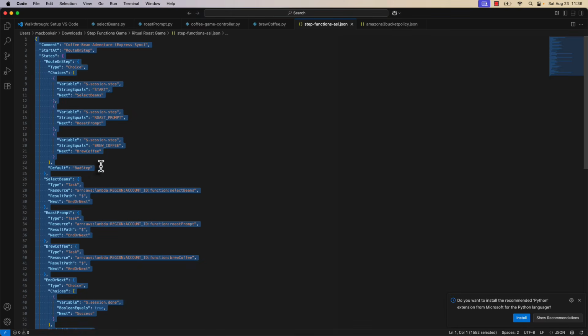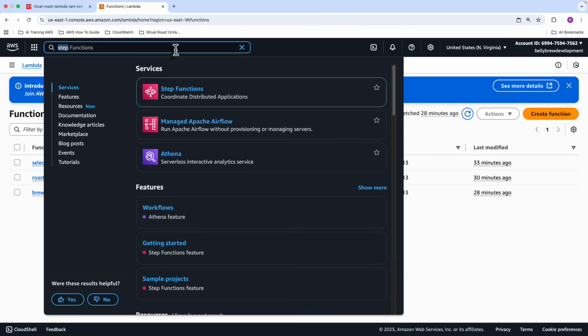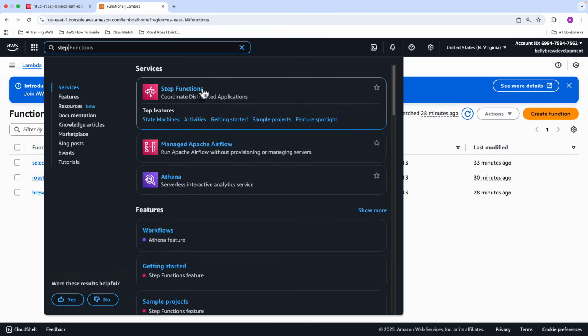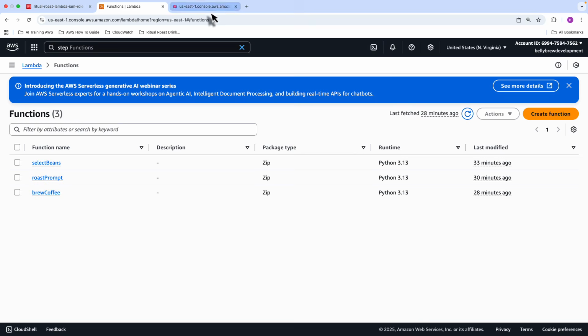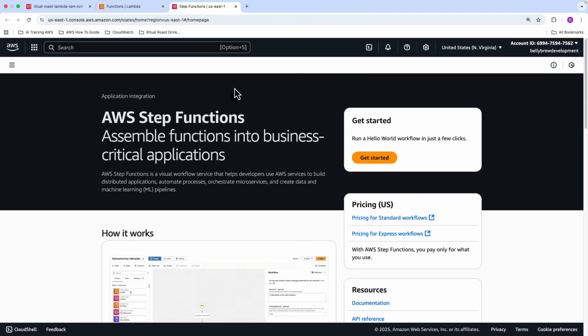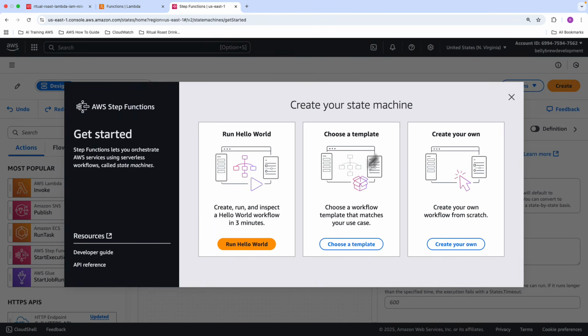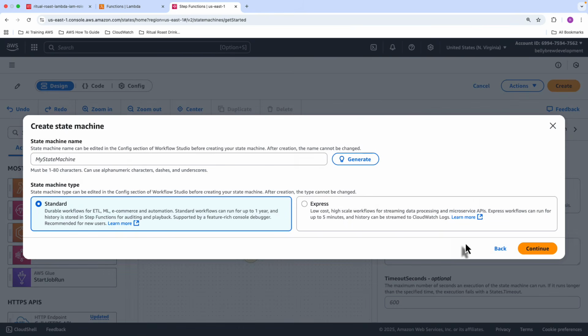Let's go back to the AWS Management Console, and we're going to go into Step Functions next. I'm going to open that up in another tab, and we'll create a step function state machine. So what you want to do is click on Get Started, and we're going to be creating our own, and